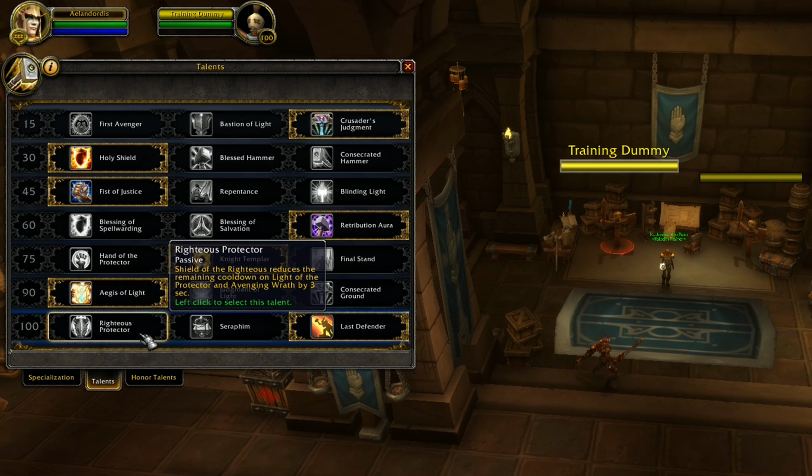Righteous Protector, passive. Shield of the Righteous reduces the remaining cooldown on Light of the Protector and Avenging Wrath by 3 seconds. This is just a wax and wane on where you want to end up putting your CDs. Now, if you're using Shield of the Righteous correctly, you're using it more for damage mitigation and not for actual damage throughput. Now, you can still use Shield of the Righteous as damage throughput as long as you save